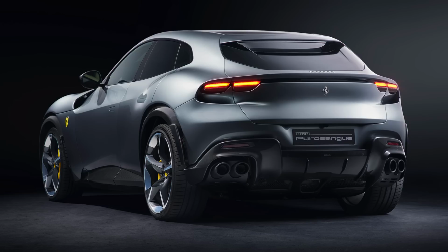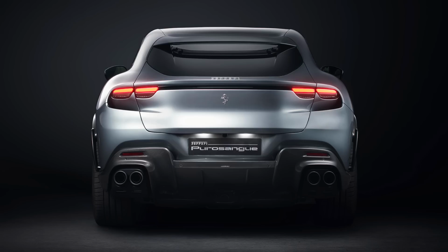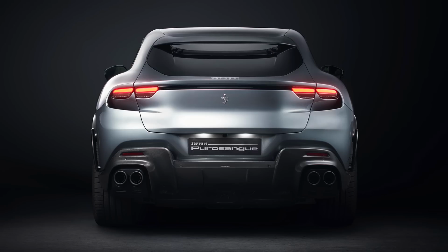As we come around towards the back, I feel we have distinct vibes here of the 296 in the sense of those tail lights. Again, with that familiar strip running right the way across, and one of the reasons Ferrari have done this for the design, especially at the front, is to enable them to hide the camera and also the parking sensors within that, so they're not quite as obtrusive as they have been on some of their other models of late. As we look down, we have a familiar quad exhaust tailpipe setup surrounded by huge amounts of